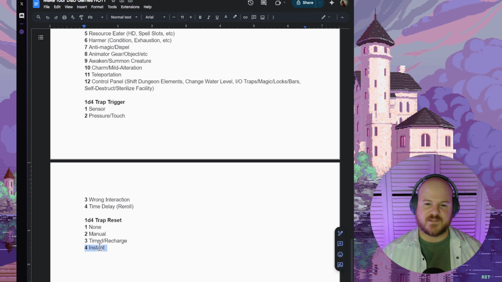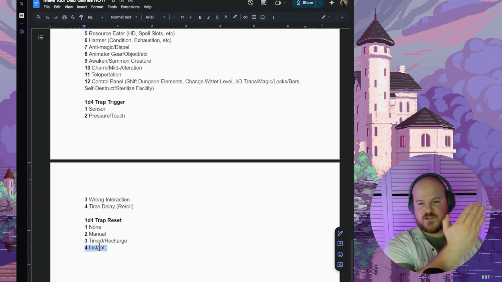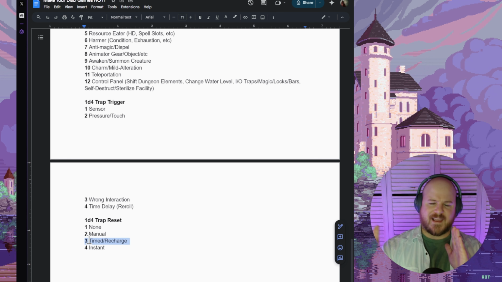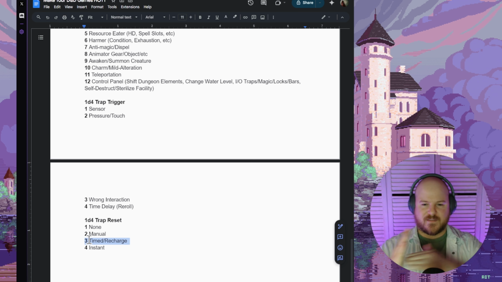Well, let me do it differently. The instant recharge, or one that's not really a recharge, is like the swinging pendulum axes in Skyrim. Those are basically an instant reset, because it does one swipe, immediately resets, another swipe, immediately resets, another swipe. Or something with a timed recharge would be like the swinging gate ones that have the spikes on them, or the ones with the log or pillar that come out and smash you from the ceiling,